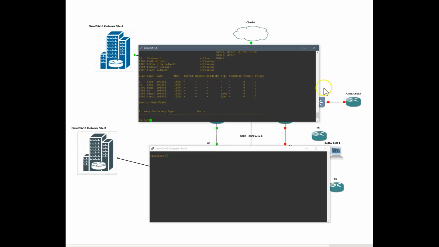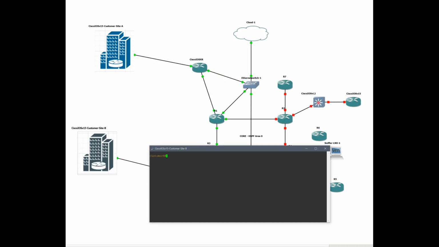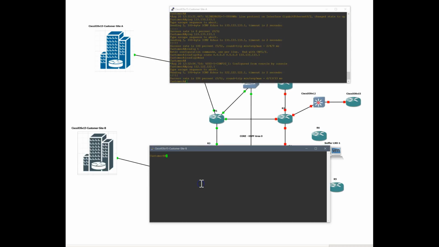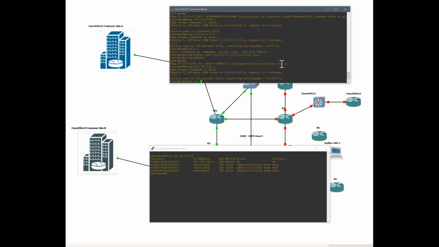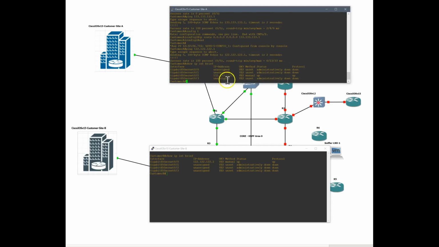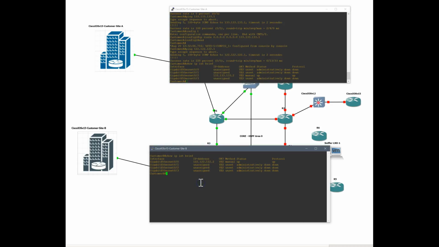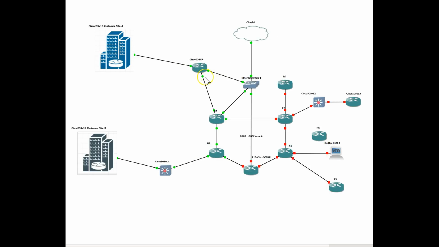We'll bring up the customer A and customer B. Let me make sure. So from customer site B, we're just going to ping. There it is, reachability. So that's all it takes to be a service provider and add your new Cisco IOSXR